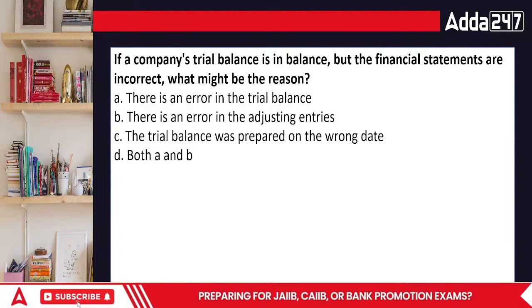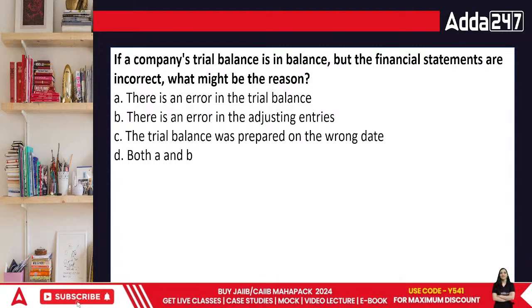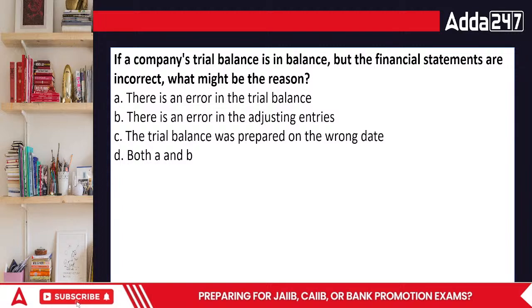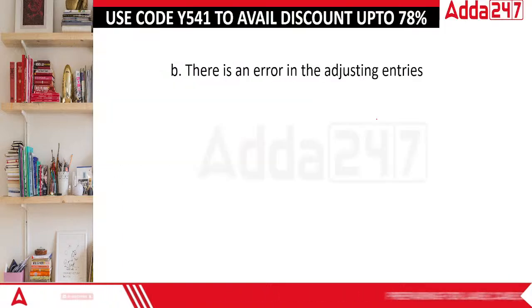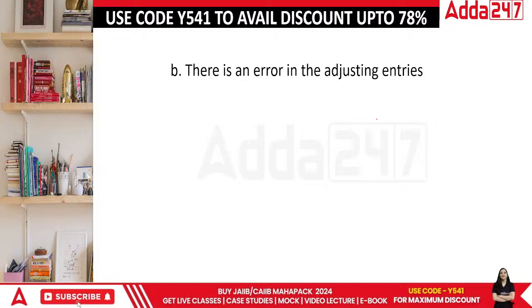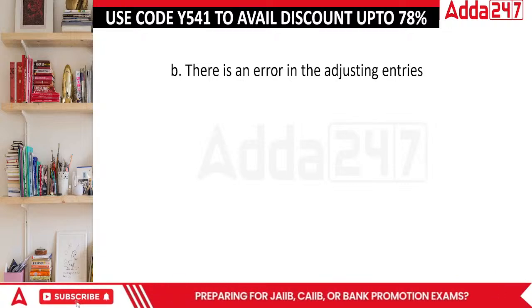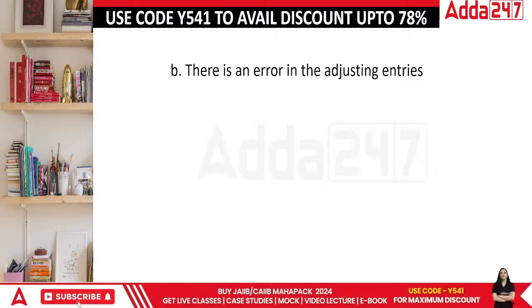It would go wrong the moment the auditor looks at the journal entries and then he puts a penalty on us, कि अच्छा, you don't even know the basic rules of accounts, है ना? That is something where he can be a trouble. So in this case, the answer is there is an error in adjusting entries. When you make mistakes exclusively in your balance sheet or your P&L account, that is to be considered here. Done, everyone?